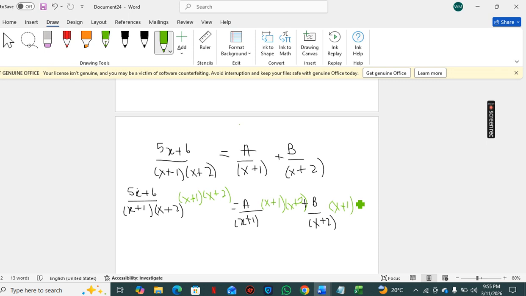Want us to see everything that happens so that you're not asking, where did this come from? You see where everything is coming from. So for 5x plus 6 over x plus 1 plus x plus 2, cancel these out. A over x plus 1 times x plus 1 times x plus 2, cancel the x plus 1s out. Okay. B over x plus 2 times x plus 1 times x plus 2, cancel out the x plus 2s. So your expression now remains as 5x